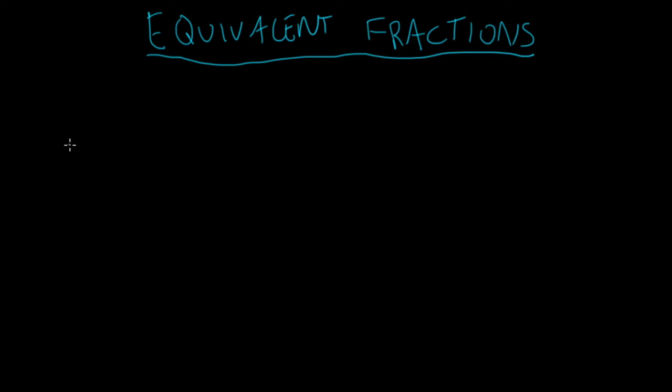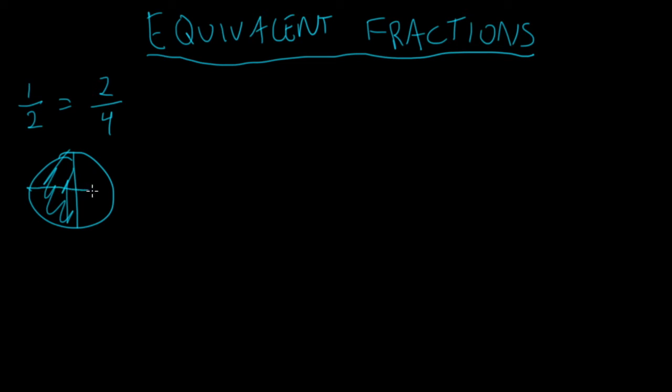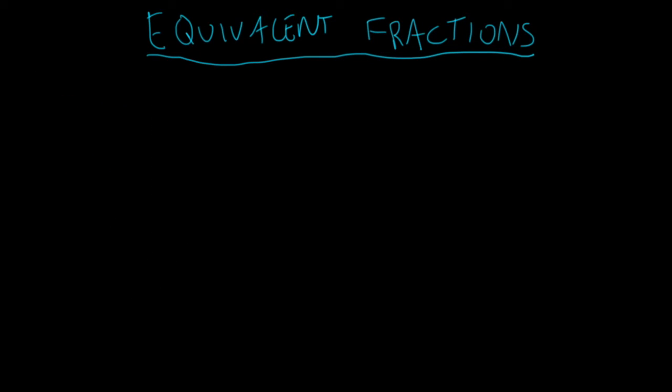In the previous part of this video, we talked about how 1/2 was equal to 2/4, right? Because it's the same amount of pizza. 1/2 of a pizza is the same if we just cut this into 4 slices. So it goes 1 out of 2, now it's 2 out of 4. All right, so that is equivalent fractions. Now, how do we get equivalent fractions? Again, if we don't want to just continue drawing